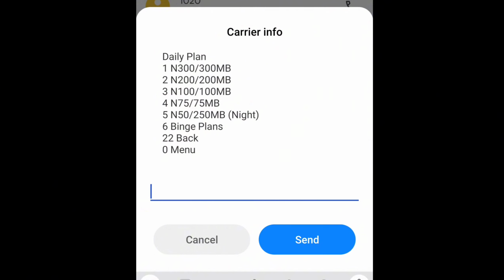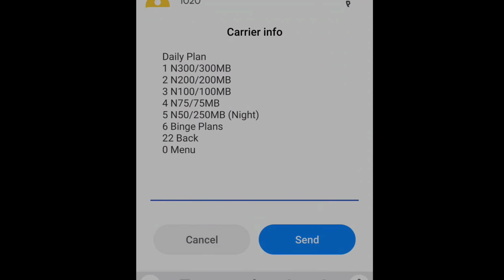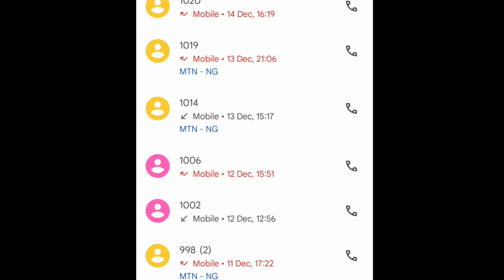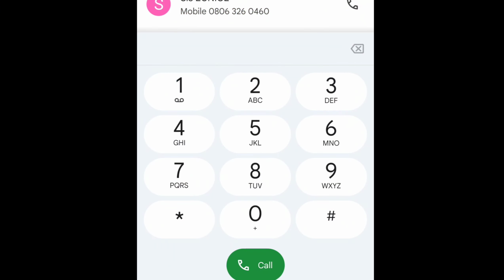So if you compare this one to the normal data, which is 500, this one is cheaper than the normal plan. So this is one of the ways I used to get cheap data from Airtel. So let's proceed to the number 3 code that I can use to get cheap data from Airtel. Our number 3 code that I can use to get cheap data from Airtel is